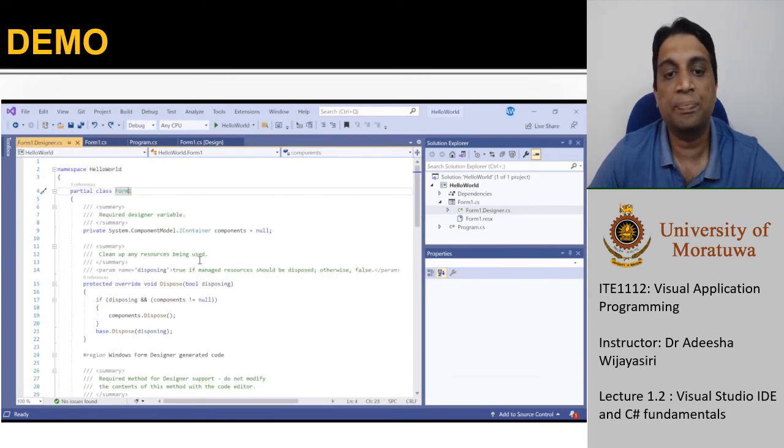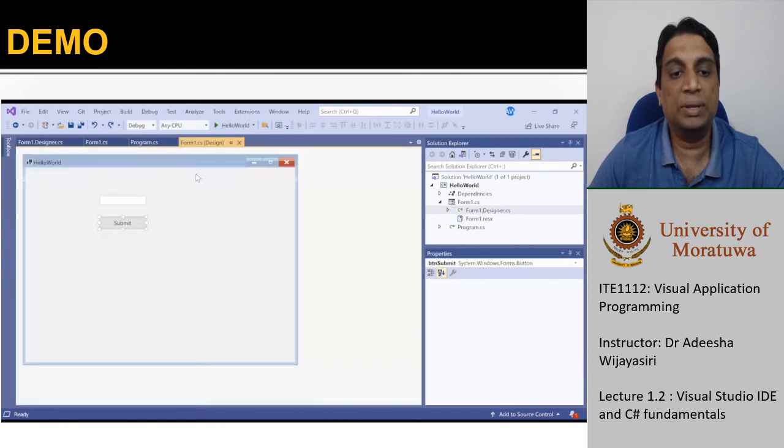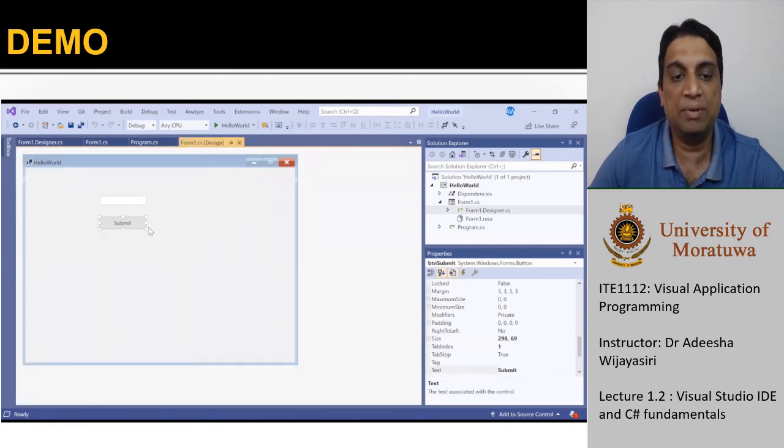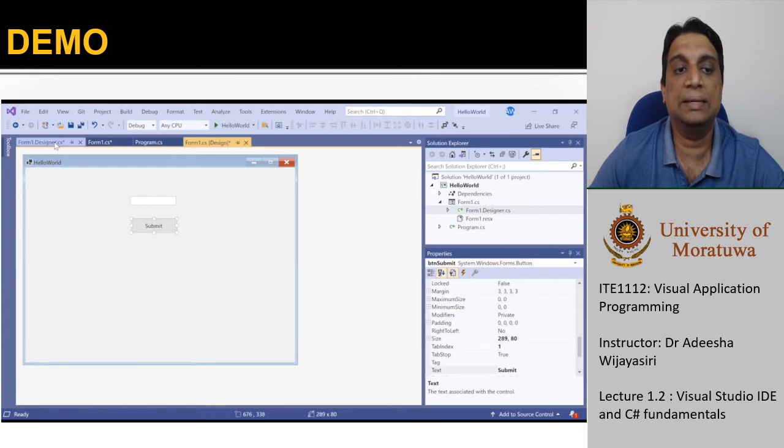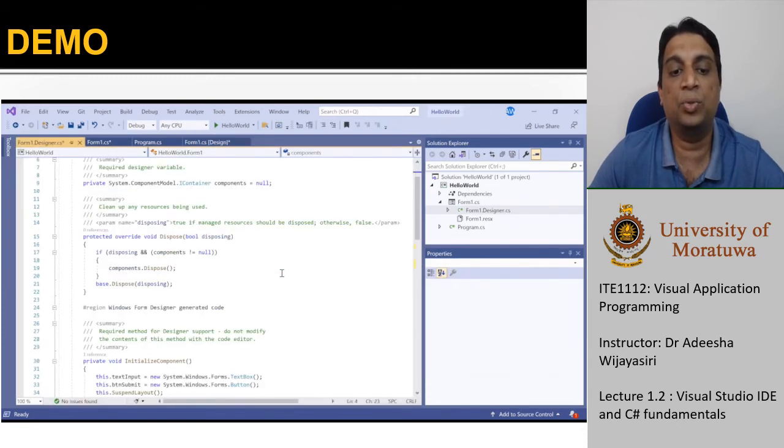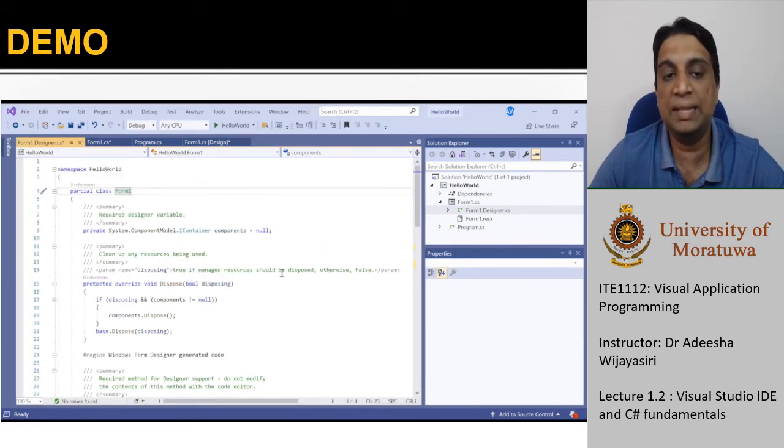If you go to the design view, we can do everything there: drag and drop, move or scale. We can do all these things in the interface, but there is code related to the work we are doing, and that code is being generated here.